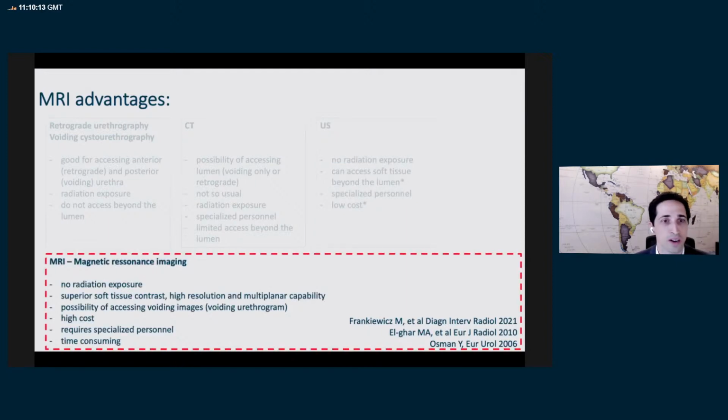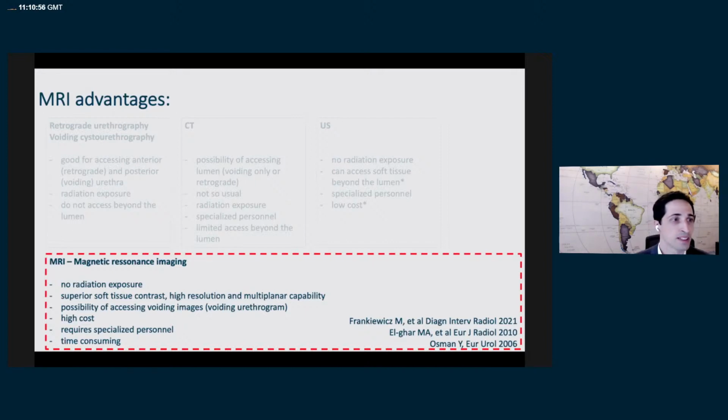But we are going to see now the advantages of MRI in this setting. There is no radiation exposure. It's good for children. We have an incredibly superior soft tissue contrast with a high resolution image and multiplanar capability. We can use voiding images. You can perform and use sequences during voiding. It's possible, but